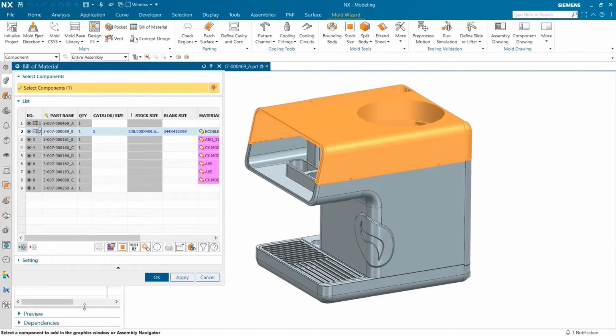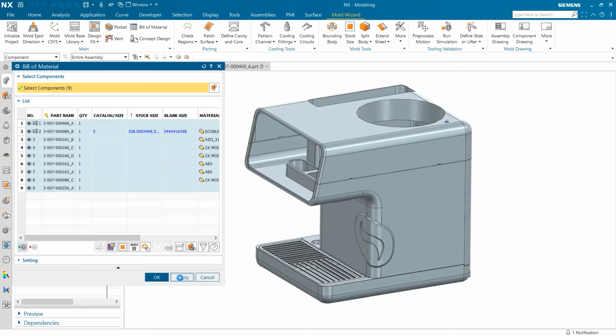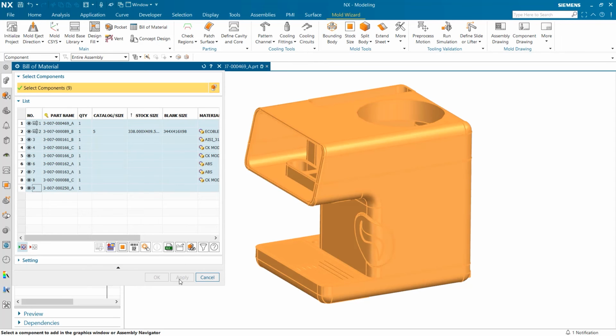To save time, we are not going to fill the rest of the data in the chart, but the last thing we can do is save our bill of materials by selecting Apply and export the information to an Excel spreadsheet. Having a spreadsheet is a very useful aid to keep track of our data during the production process.